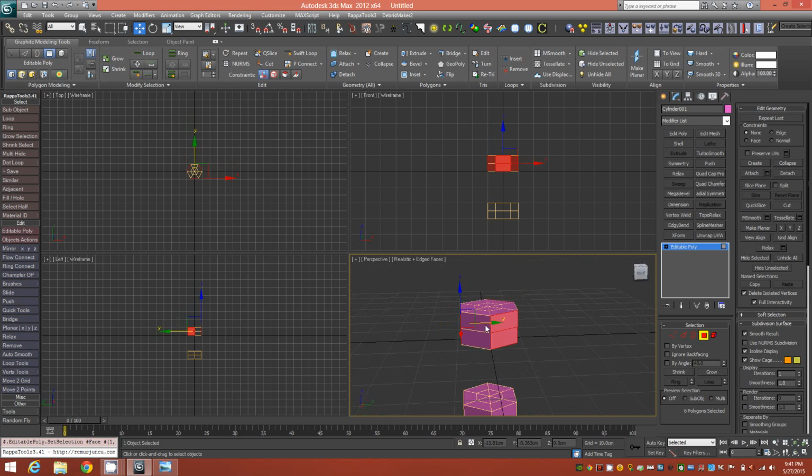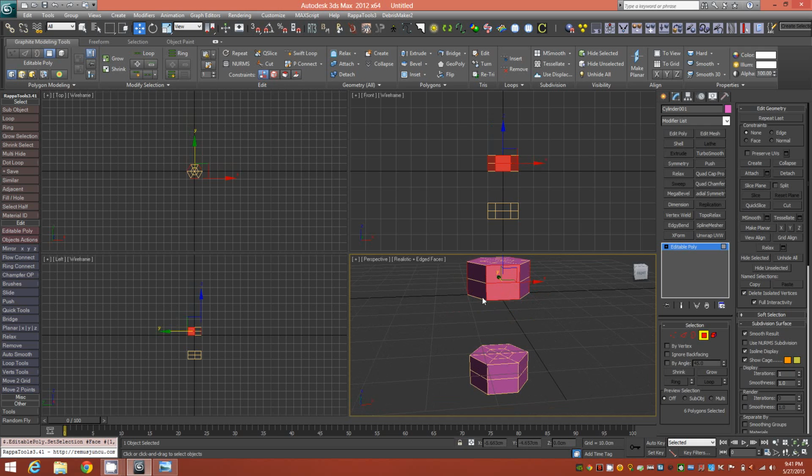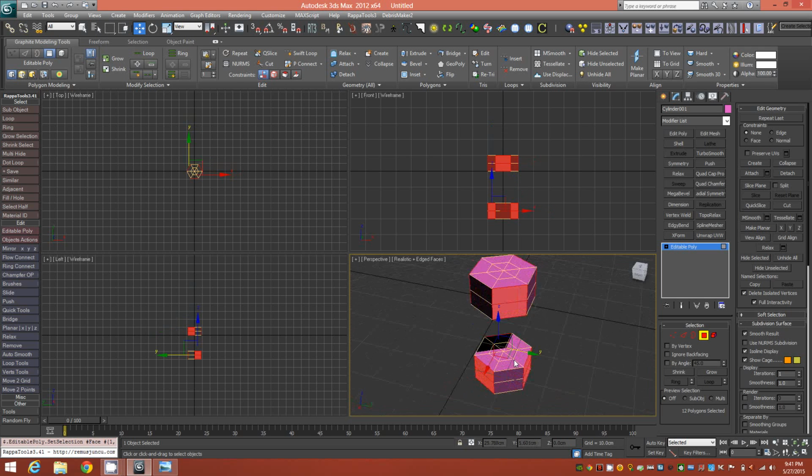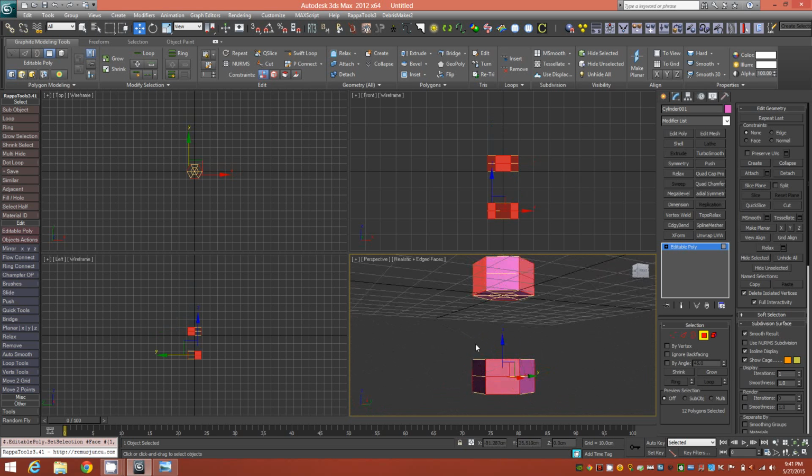Once you've done that to the top object, go to the bottom and select your first set of polygons opposite of what the top one is. We'll go around the object in the same manner, except we're selecting the opposite group of polygons. So now that we have our selection set,